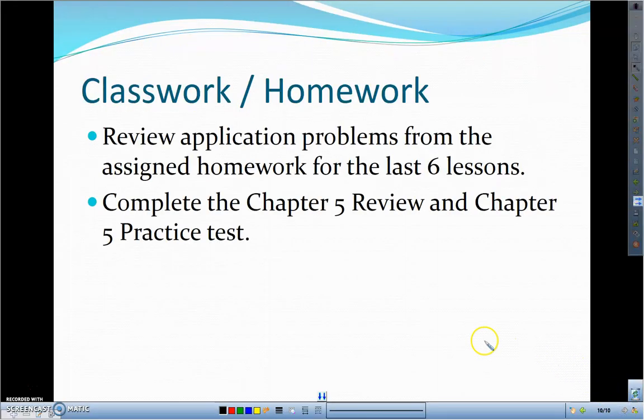There's so many more questions that you could do. This is just touching the tip of the iceberg. And just like everything, math is not a spectator sport. I think it made it look fairly simple, straightforward. But again, math takes a lot of practice, and knowing those formulas, knowing your multiplication tables is something which is going to help you a lot, because then you can see the connections. At this point, I would expect you're going to make yourselves better at solving application problems by reviewing the application problems from the assigned homework from the last six lessons, and complete Chapter 5 review and the Chapter 5